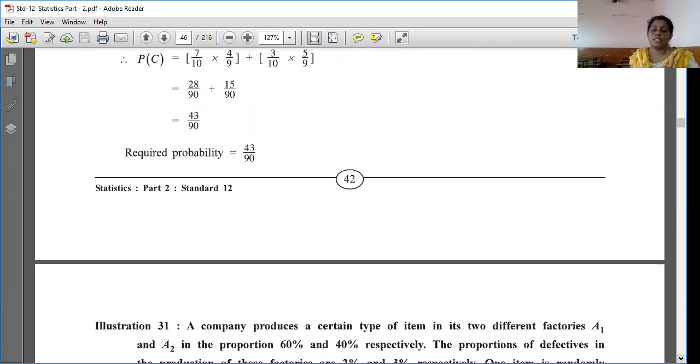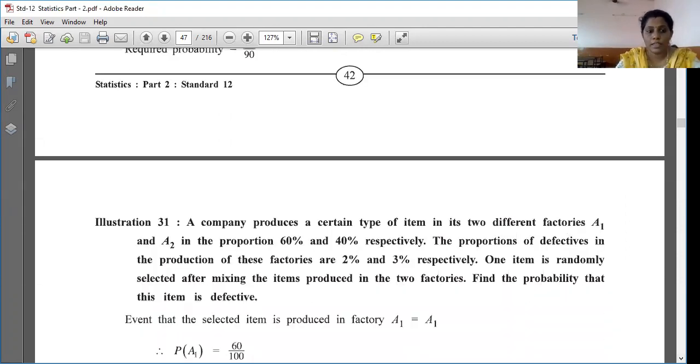So this is an important question. Illustration number 30. Do it 5 times. This is going to come in the exam. And I told you I have given the portion also: the syllabus for this upcoming exam is chapters 1, 2 and 3 of your first part. Okay, three chapters, it is easy. Right. Now let's see the next illustration.